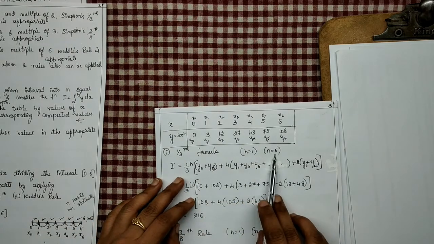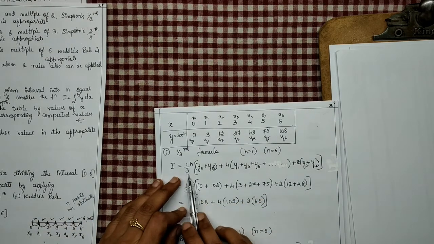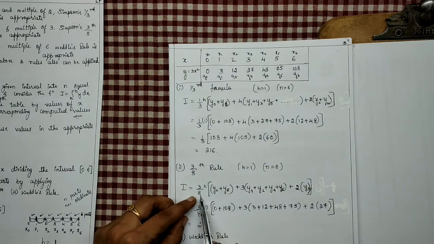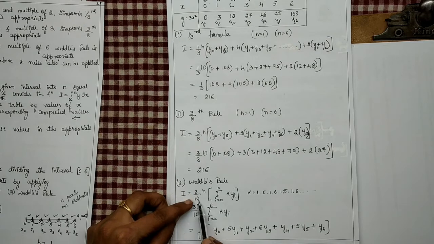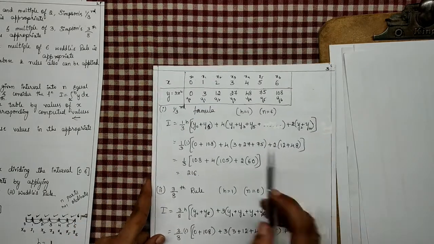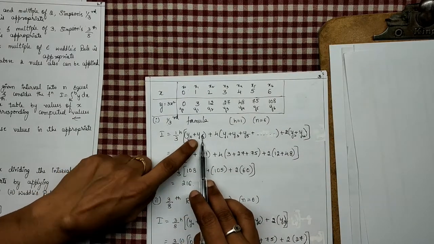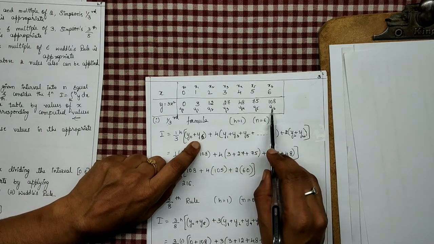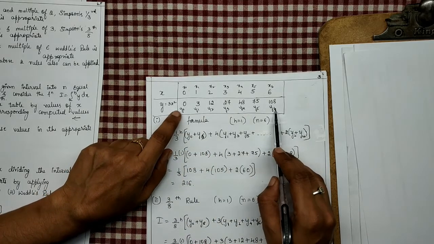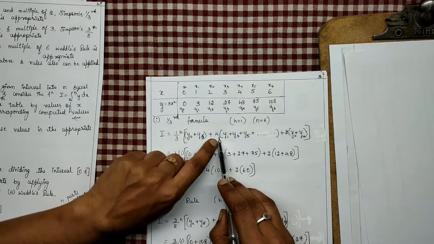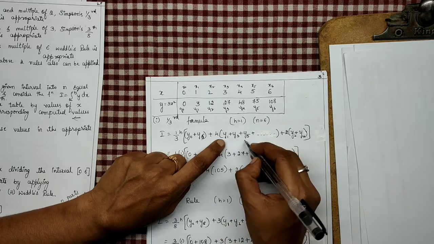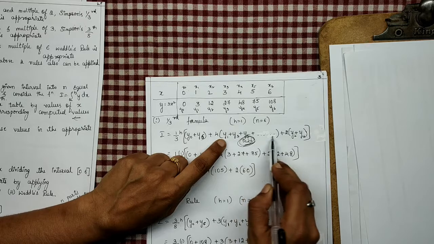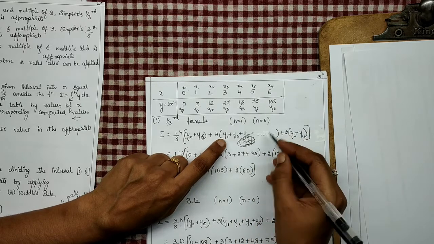Now these are the terms we have to know to substitute in this formula. See, 1/3 formula I have written 1 by 3 into h. For 3 by 8 it is 3 by 8. For Weddle's rule it is 3 by 10, right? 3 by 10 into h. Okay, now what is the formula? 1 by 3 into h into y0 plus yn. What is the nth value here? n is equal to 6 here, isn't it? So it is y6. That is the last value. y0 plus y6, plus 4 into y1 plus y3 plus y5. All odd terms you have to write here. y1 plus y3 plus y5 plus so on. So on means what? No other terms are there here. Okay, you can stop here itself.